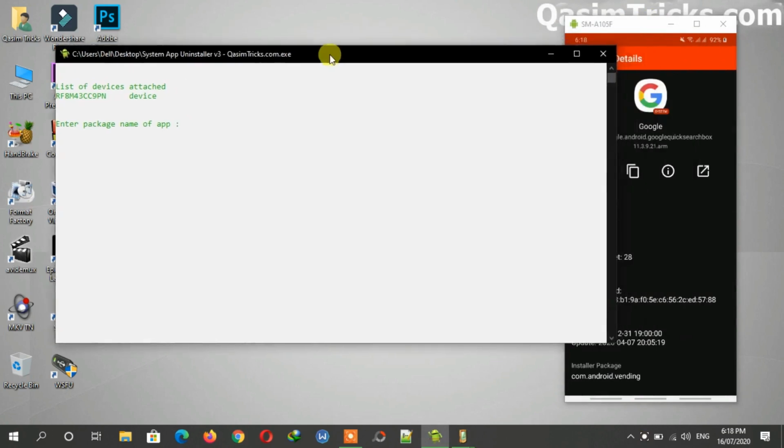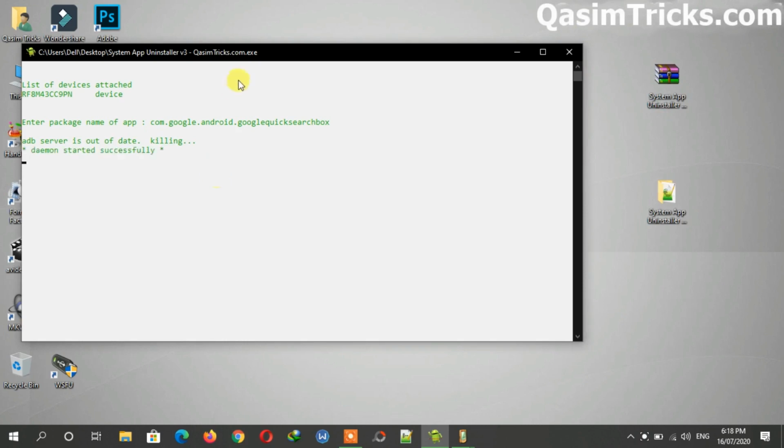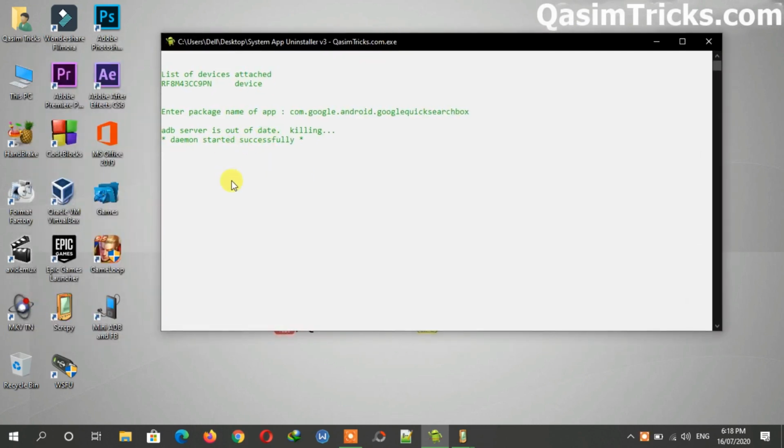Now I am typing this here in the system app uninstaller. Now press enter, and again ADB is restarting. And now as you can see the success message here.